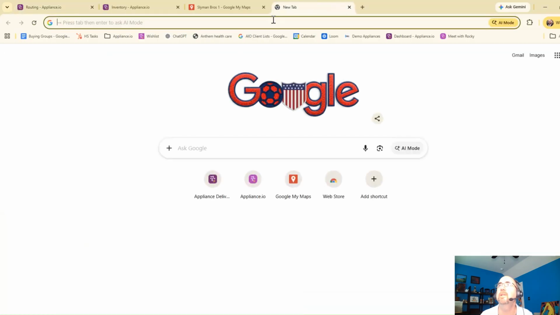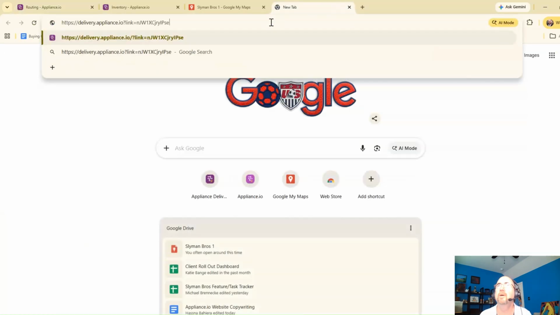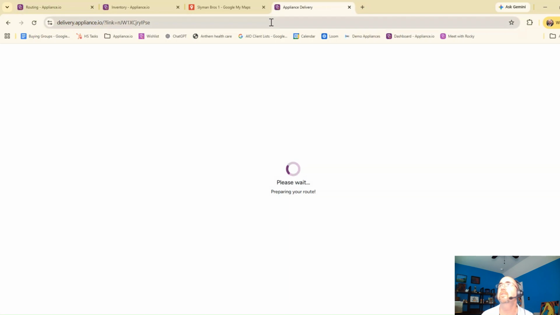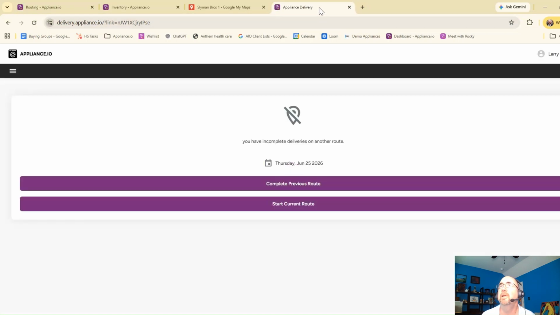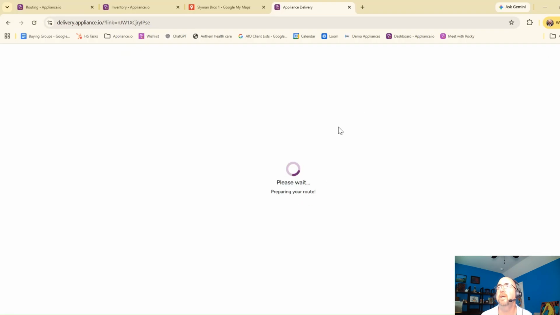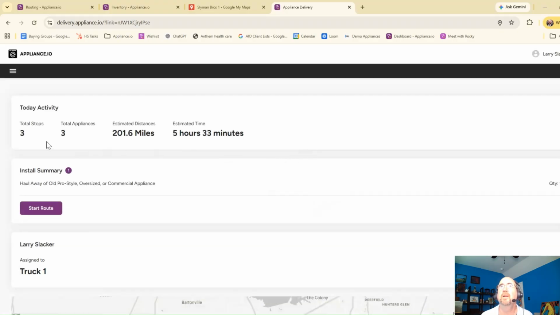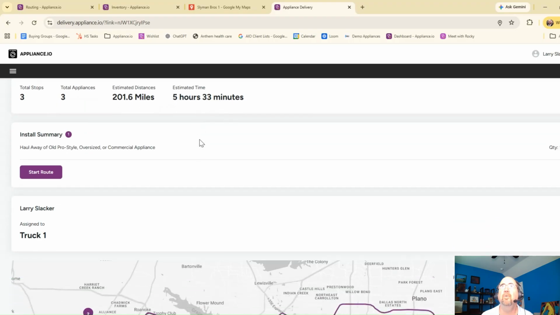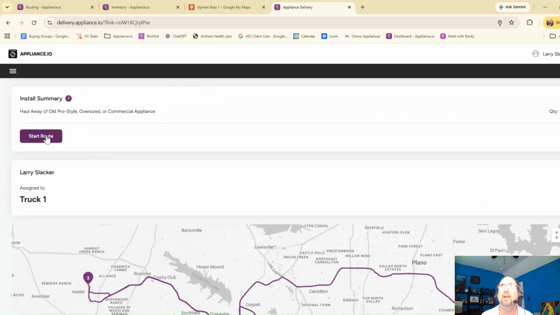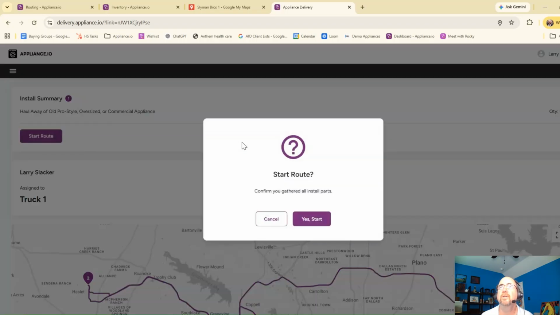Now let's go take a look at what the driver sees. So I just copied the link. So again, this is your driver. This is happening on his phone. And we're going to start our route for today, or for tomorrow. And it looks like we have 3 stops. We're going for 5.5 hours. And if I start my route,